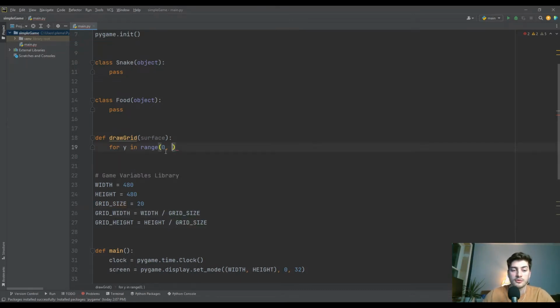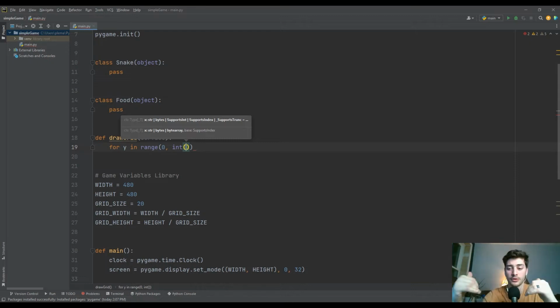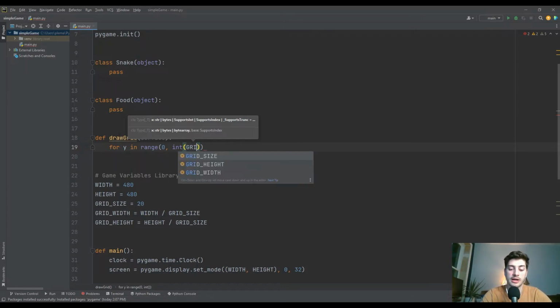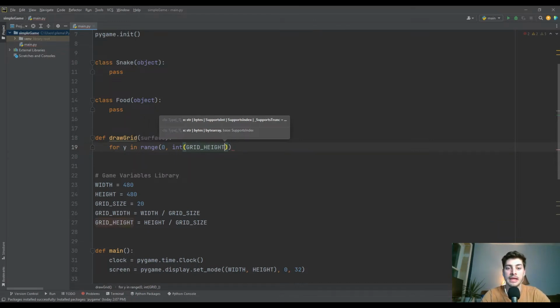So we'll say now, draw the grid, for y in range 0 up to, and then make sure it's an integer just on the off chance, because when you do division, even if it's a whole number into a whole number, Python defaults by turning that value into a float. So you did math, and now instead of it just being 480 divided by 20, which is 24, it's going to be 24.0. And we want it to be an integer so that we can iterate through the loop. So that's why we use int in that place. And then do